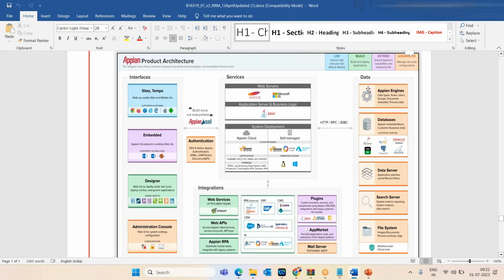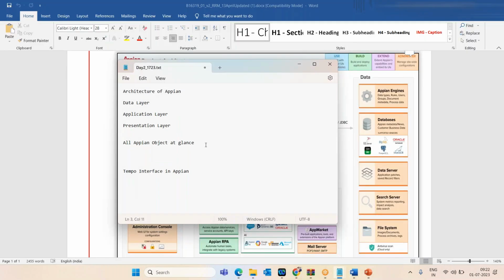So, here you can see the data layer consists of the engines, databases, servers, and file system. Okay, these are the four main things it consists of. The engines, and database, servers,